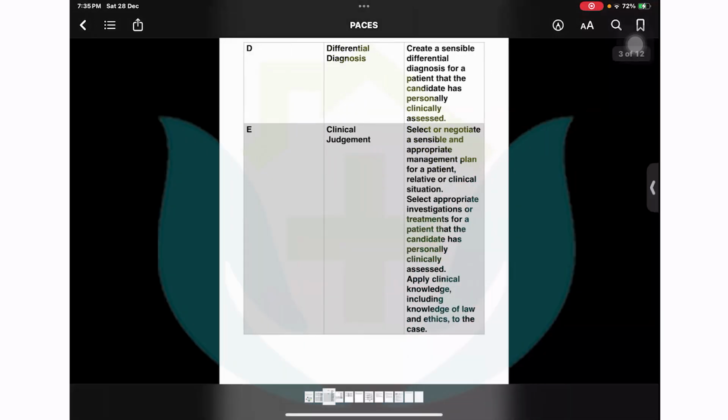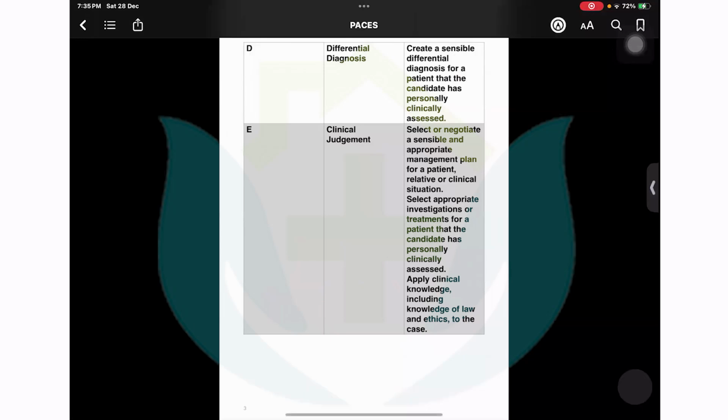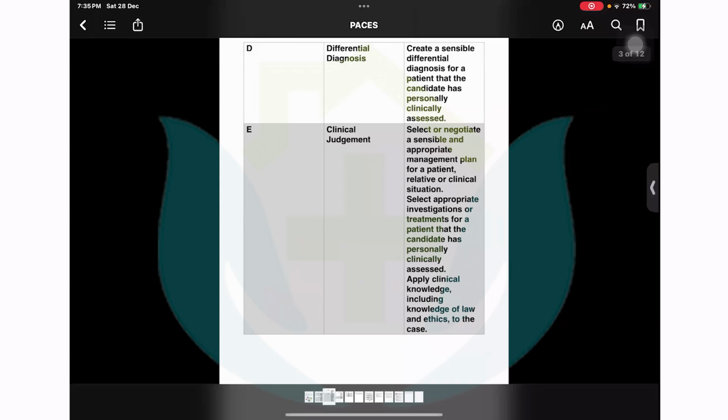Then giving them a differential diagnosis. Oh, it is such a beautiful thing to do, that in your mind you draw at least, if they are so clear headed, if you give them more than three differential diagnoses, they know that you have failed. If you give them up to three diagnoses, they are very happy with it. Why? Because juniors, rightly so, in our medical fraternity also, always try to make more differential diagnoses, and then they get lost in it. These people who are assessing you on the grounds of being included into the membership of the Royal College of Physicians, they don't want you to screw up the case.